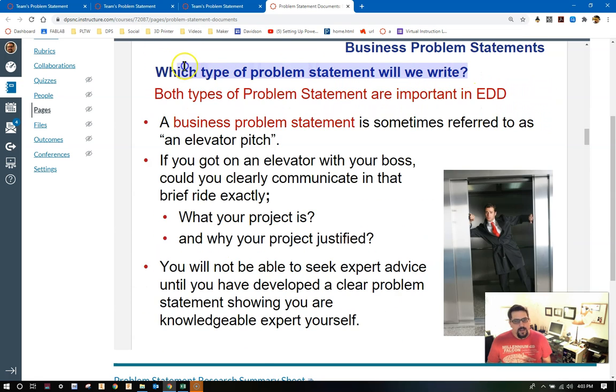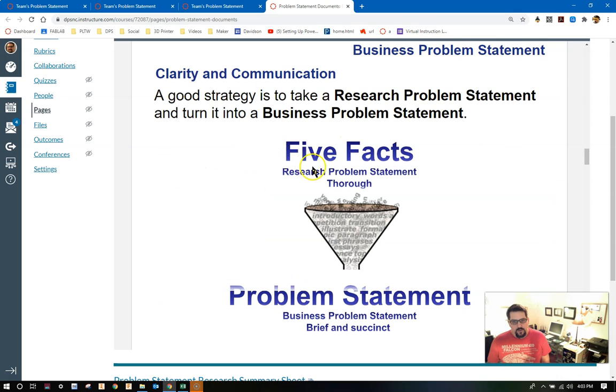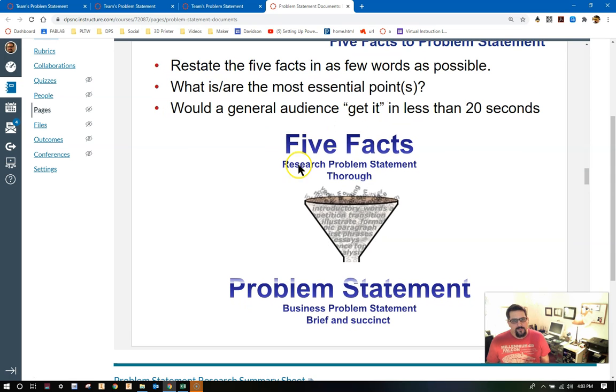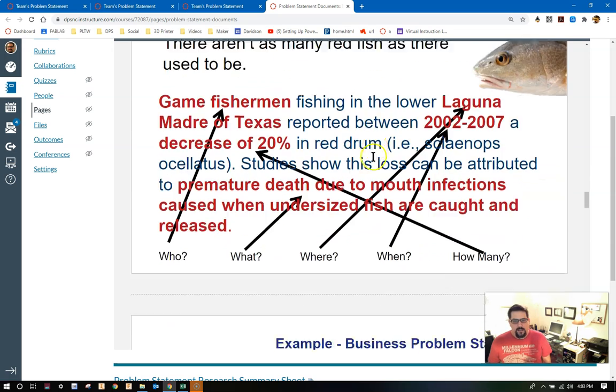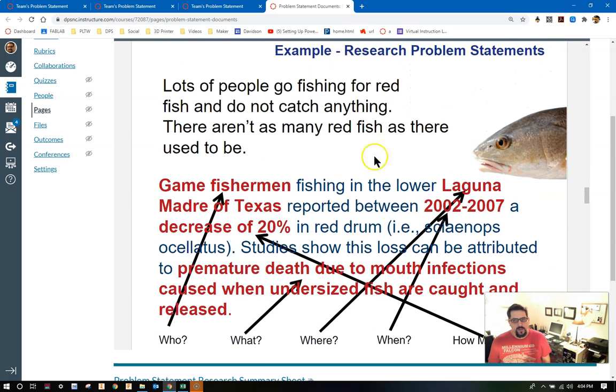So you have to decide as a team which type of problem statement will you write. Is it a business problem statement, sometimes referred to as an elevator pitch? What are the 5 facts for your problem statement? A good strategy is to take a research problem statement and turn it into a business problem statement. So identify what those 5 facts are, those very important questions, and you can see how in a research problem